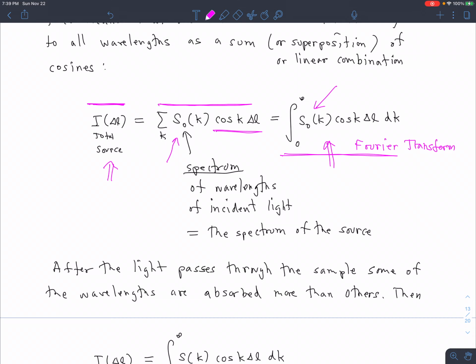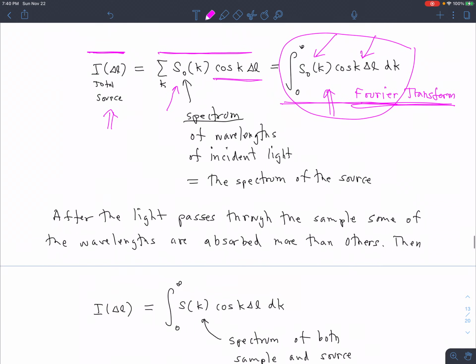This S0 is what you actually want. This integral modulated by the cosine is what you actually get. You've got to deconvolute or invert that integral in effect. And the way you do that is with an inverse Fourier transform, which I won't talk about very much, but